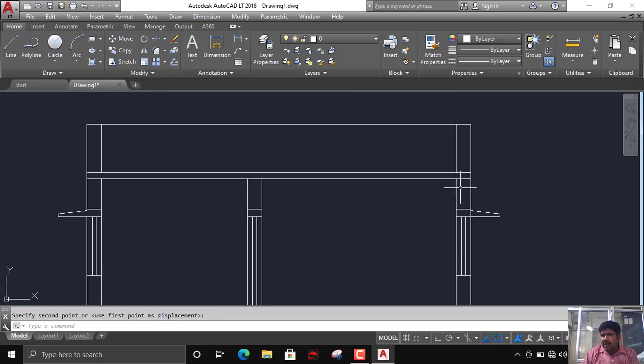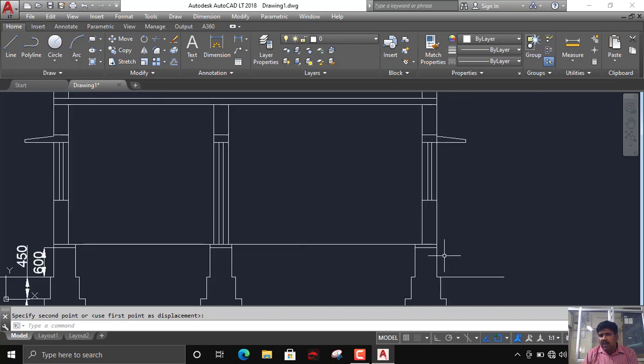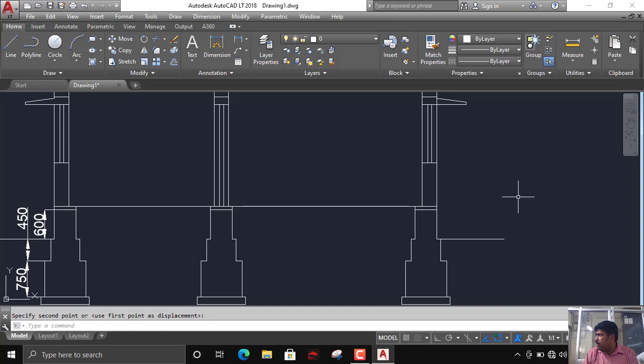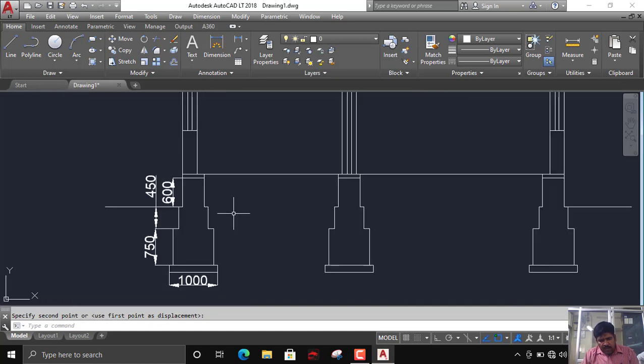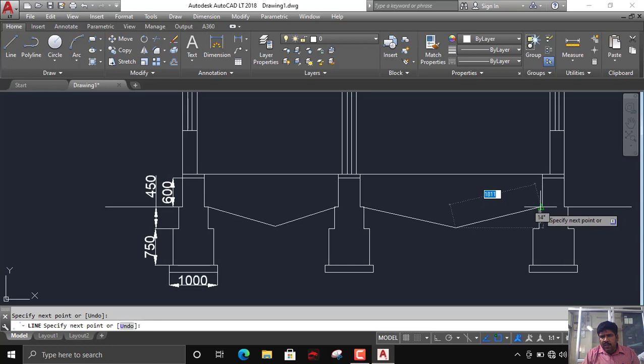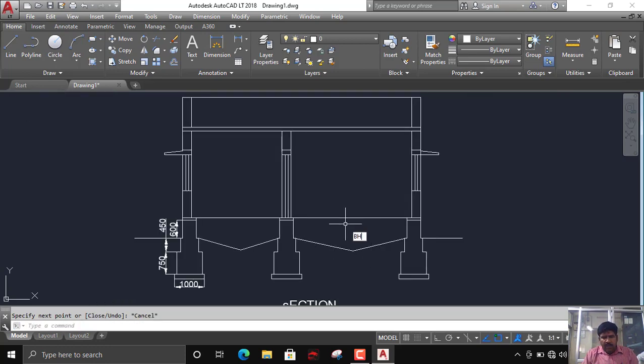What is this? Parapet. This is slab. This is chajja, window, masonry wall, DPC, foundation, and you have to show ground level. And if you want, you can fill it with soil below, like this. Hatching, you can do it, right?